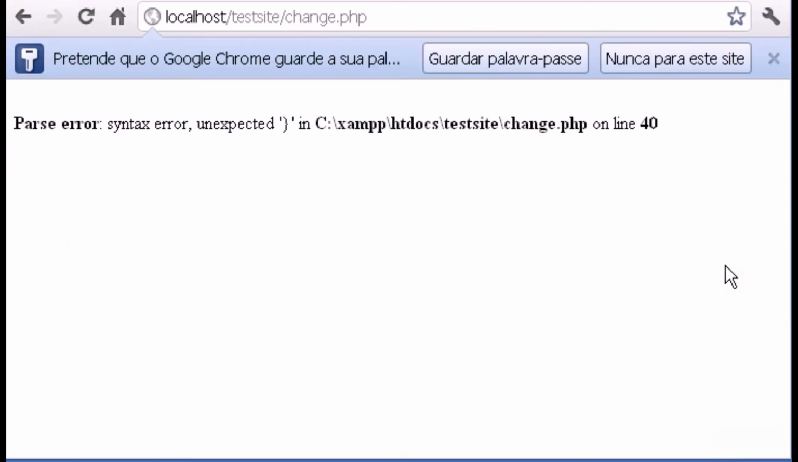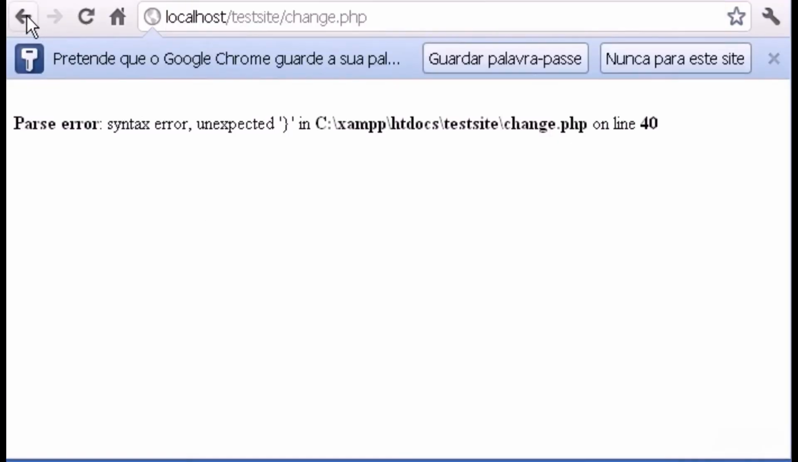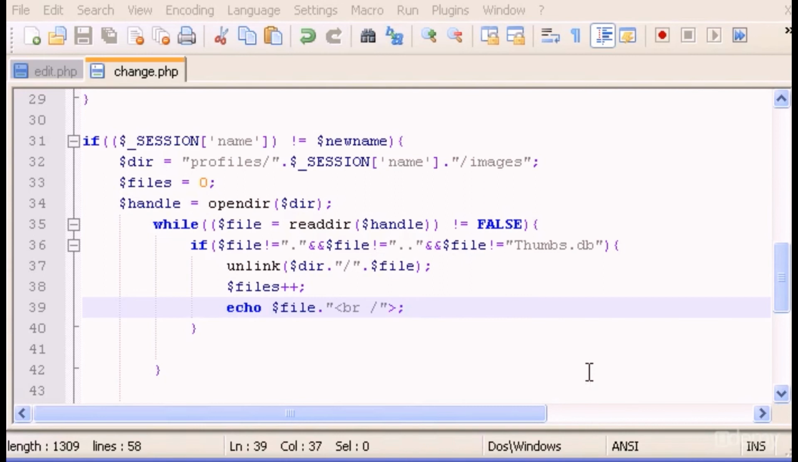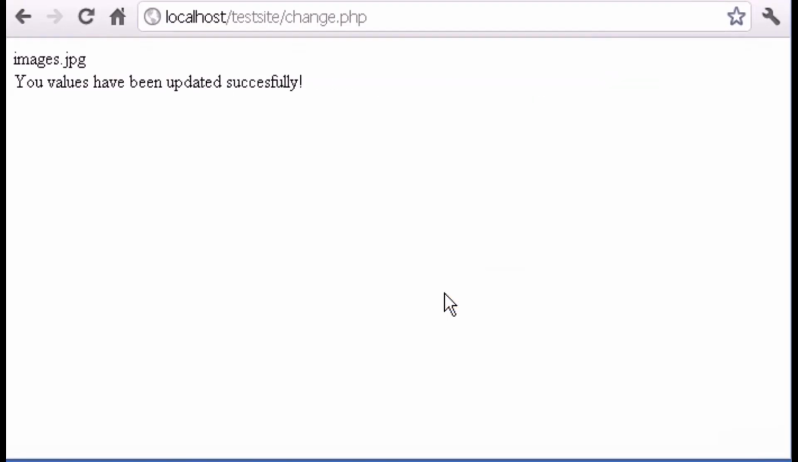Save and update. Syntax error on line 40. Line 40. Ah, okay, of course. Semicolon in here. So let's go back and refresh. Unexpected error. Okay, I'm sorry, guys. Okay, that's it. Refresh again, and hopefully